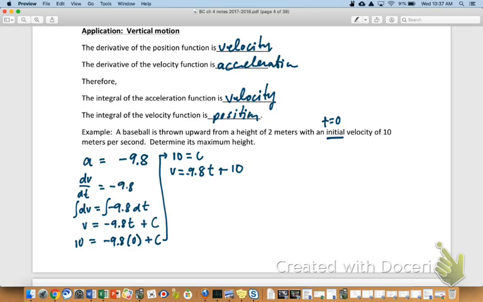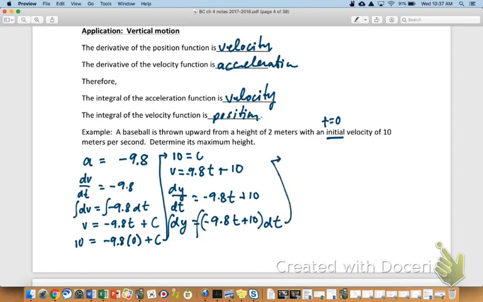So we're so good? Okay, so baseball's thrown upward, so I'm going to say that the position is like a y. You could put P for position or something. That's fine. I was going to say velocity is really dy dt because it's moving upwards, right? Ball's going up. So I'd separate my variables again. And when I did that, I would get dy equals negative 9.8 t plus 10 dt. T's on one side. The other variable on the other side, in this case that's a y. This is where I do an antiderivative. So I'd get y equals negative 4.9t squared plus 10t